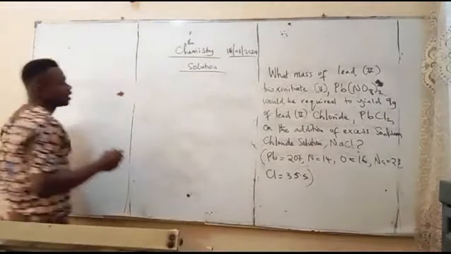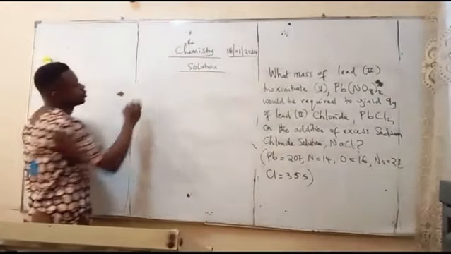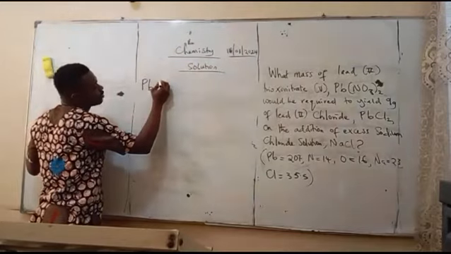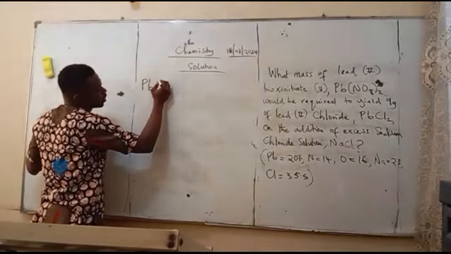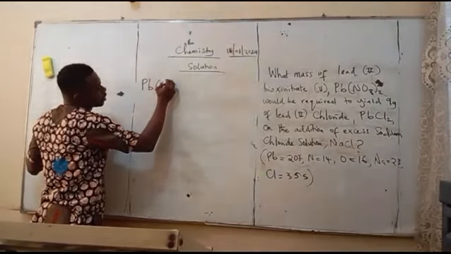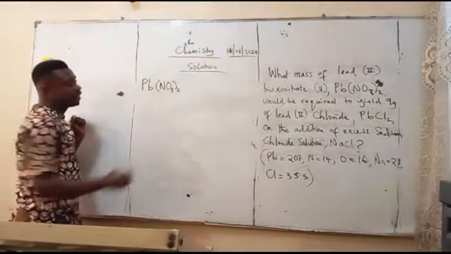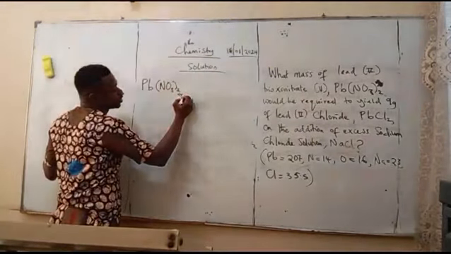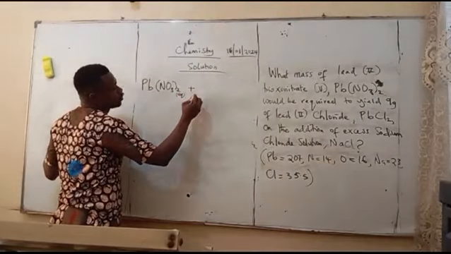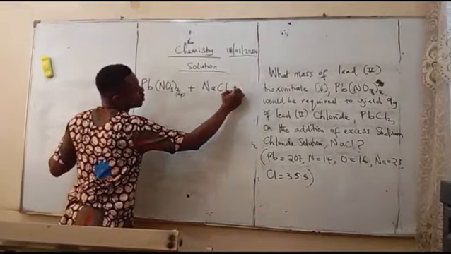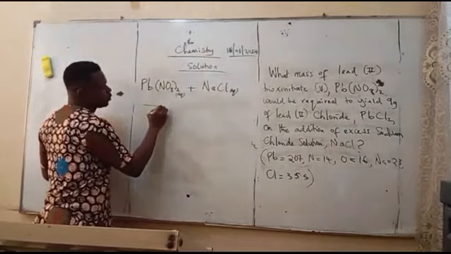So let's write the equation. We have lead(II) trioxonitrate(V), aqueous solution, plus sodium chloride solution, also aqueous, to produce